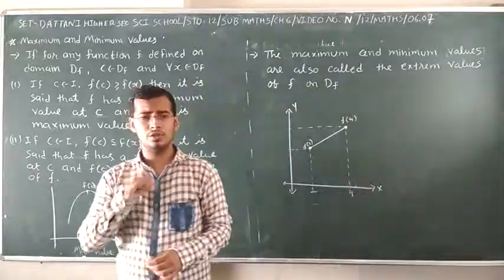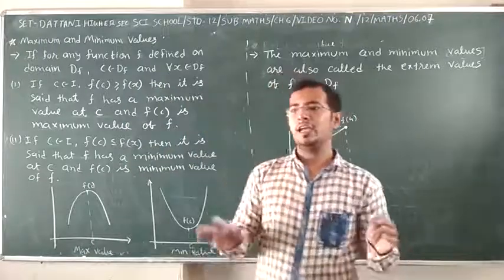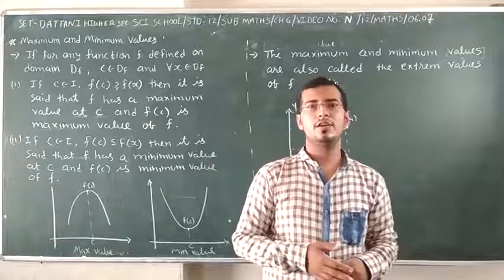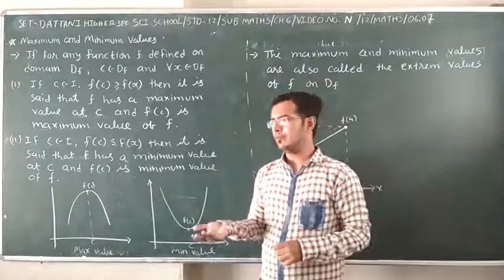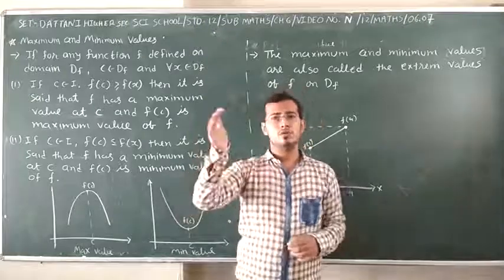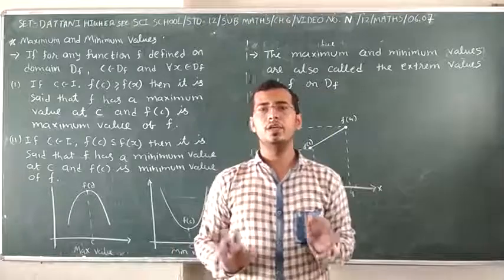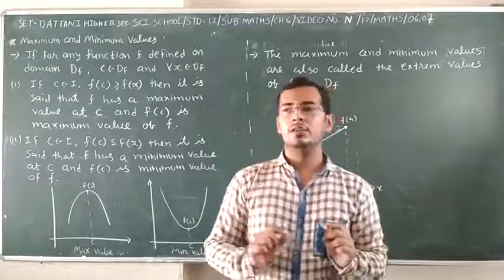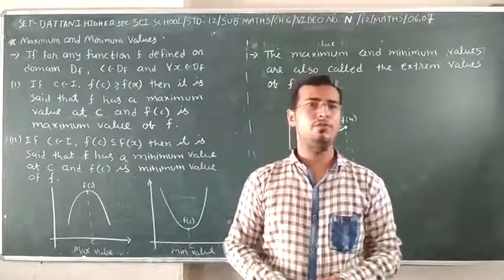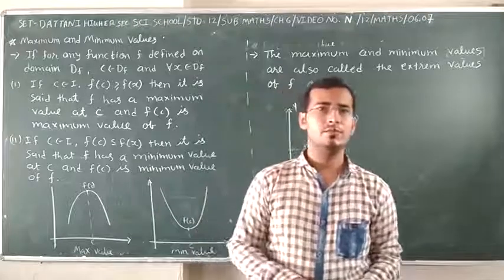You know how to find the maximum and minimum value in our day-to-day life. We also found it in lower standards. For some examples, we take how to find the maximum and minimum value. The main thing is you have to compare with others. You must compare, then you can find the maximum and minimum value. Otherwise, you cannot decide whether that is a maximum value or a minimum value.